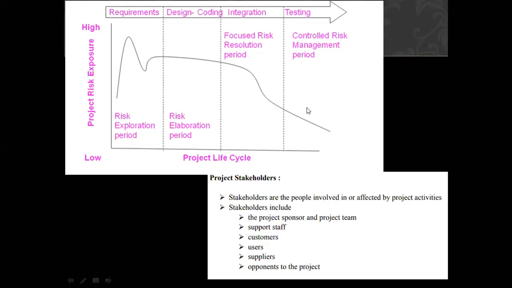Next, in this slide, I have shown you some of the stakeholders who can be the stakeholders of the project. Stakeholders are not only those people who are investing money from the very start. Every person who is involved or is getting affected by the activities of the project is a stakeholder. It can be a sponsor, facilitator, project team, their manager, supporting staff, customers, users, suppliers, opponents of the group. They all are stakeholders. So if someone asks you in a general way also who are the stakeholders of an organization, then please remember.